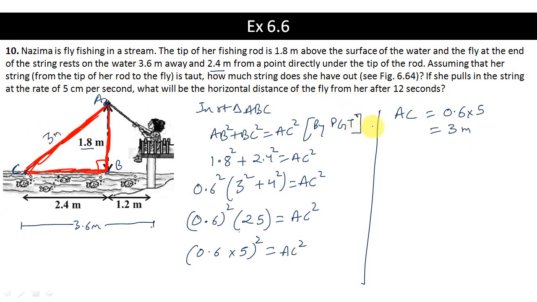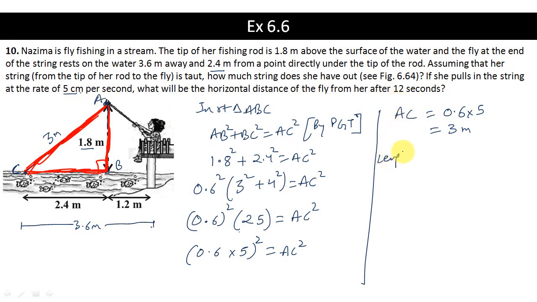Okay. In the second part it is written that if she pulls in the string at the rate of 5 centimeter per second. So now she starts rolling back the string. So if she rolls back at the rate of 5 centimeter per second, she is rolling 5 centimeter of string back to the rod at the rate of 5 centimeter per second. What will be the horizontal distance of the fly from her after 12 seconds? So if she is rolling in at the rate of 5 centimeter per second, she would have rolled